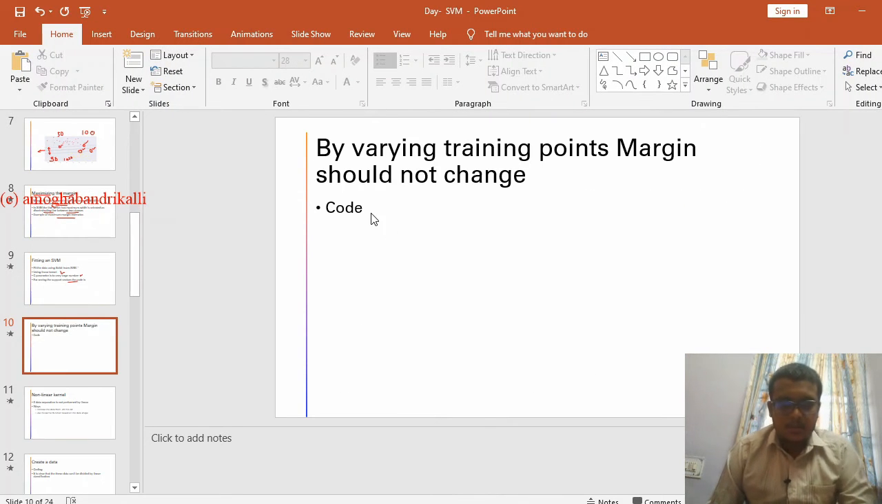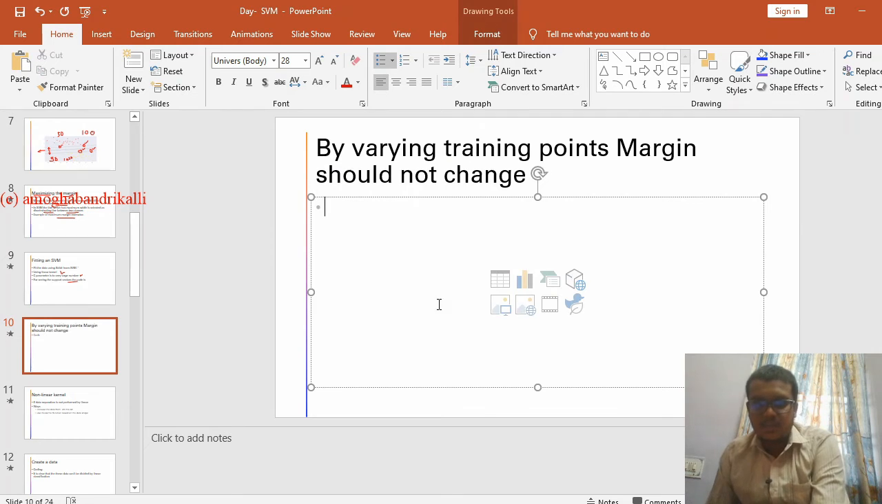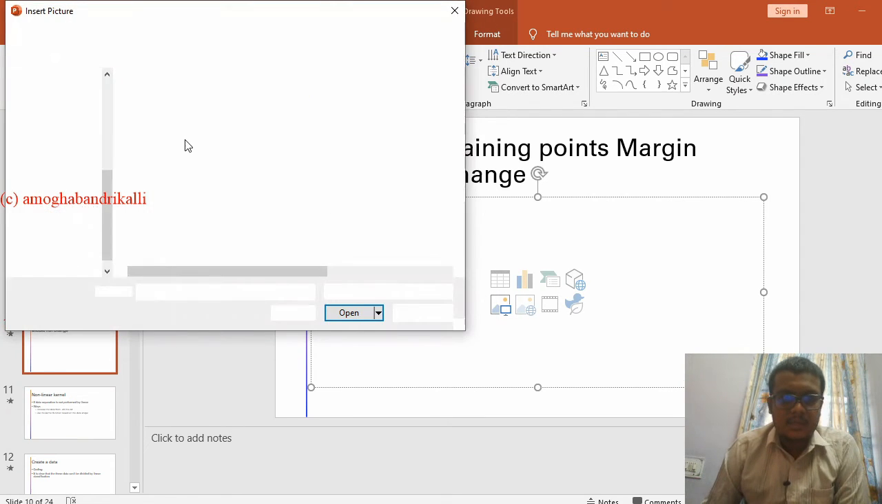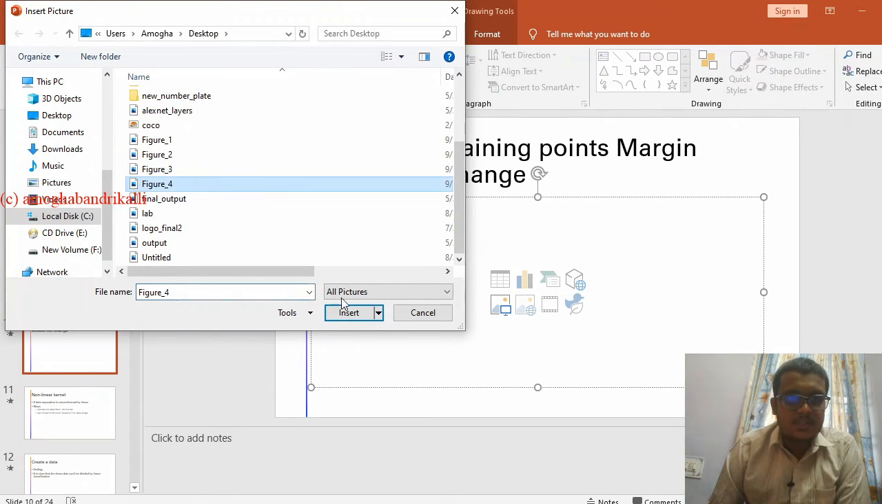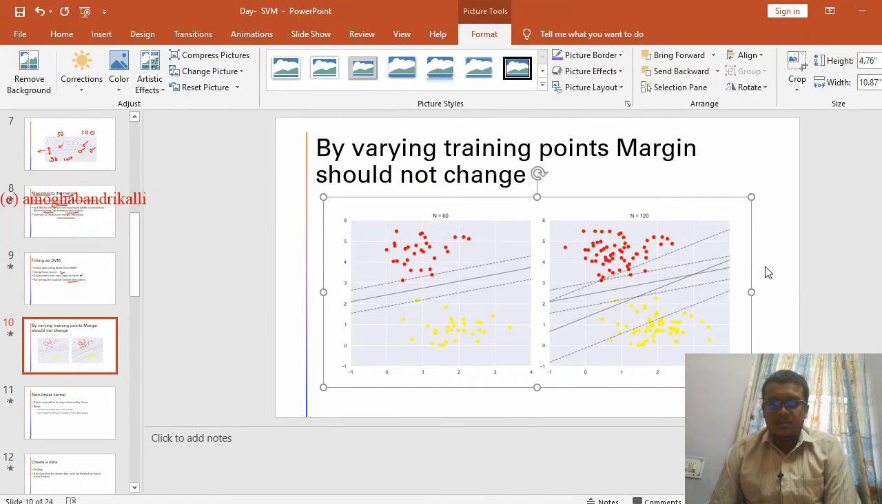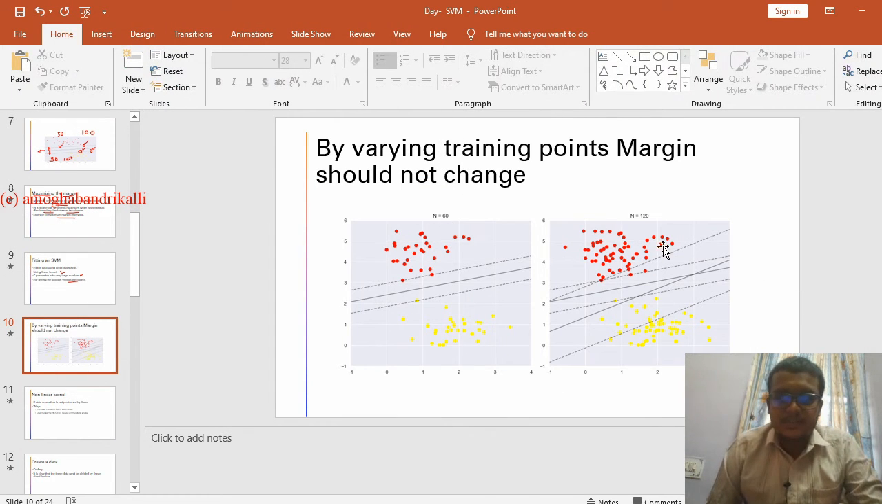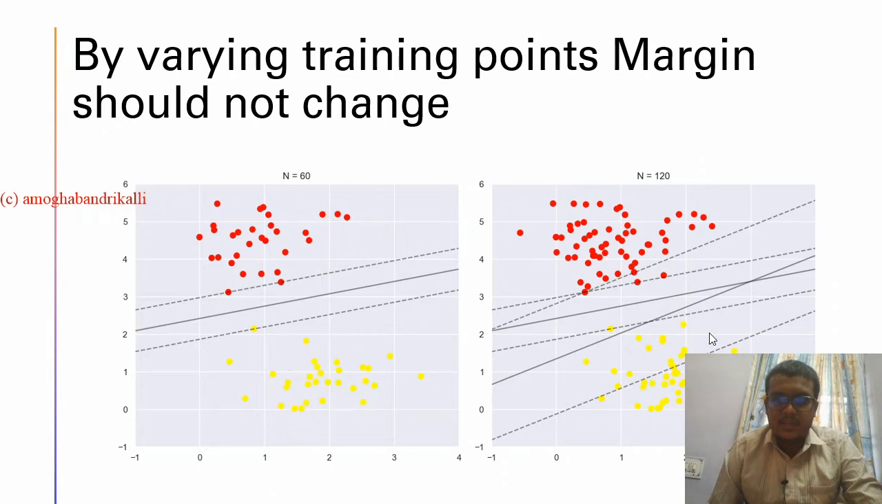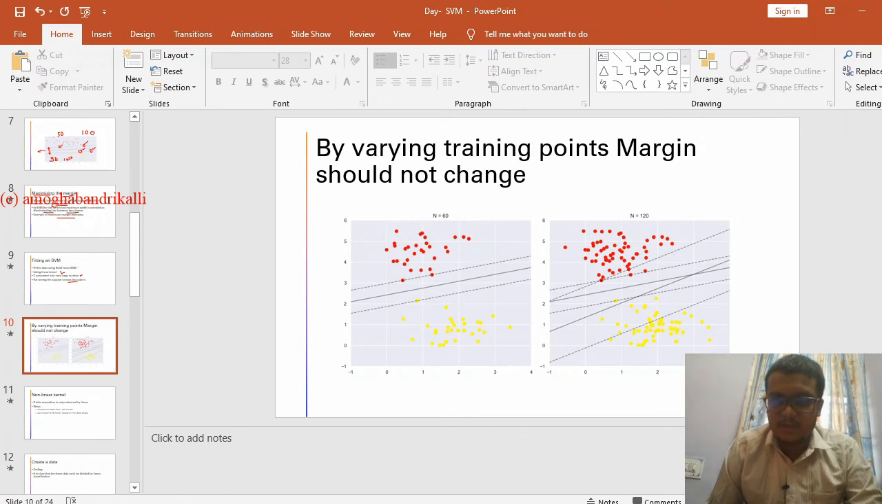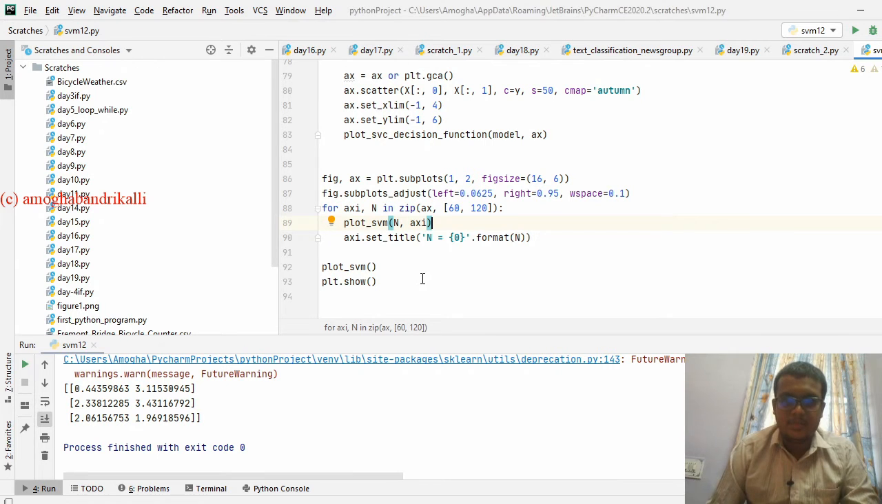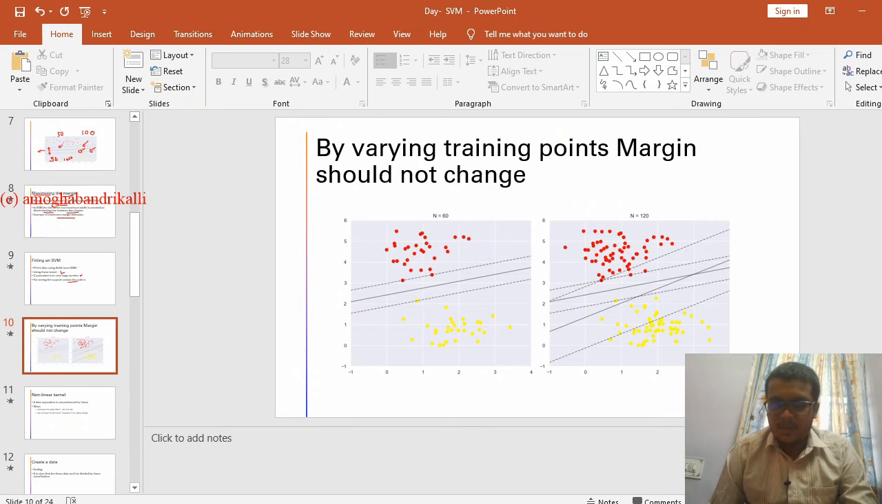Okay, and we have just seen the code for it as well. So we are changing from 60 to 120, and there is no change in the model. That has been generated by your PyCharm. So next we are going to see about